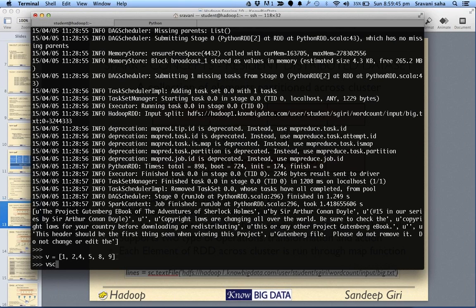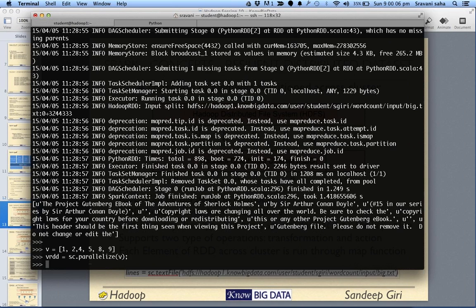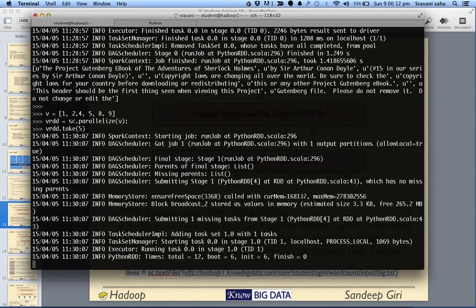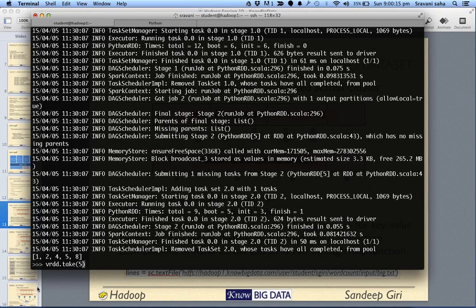If you want to load it as an RDD, we can say VRDD equals sc.parallelize. That's a very difficult spelling for me. This creates a variable, and here we can say take 5, and it'll give us the result.